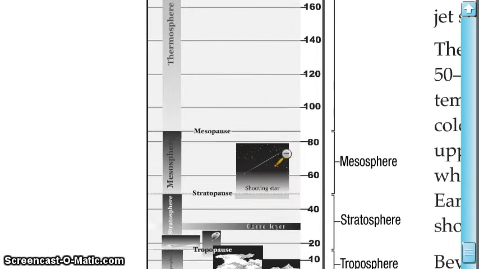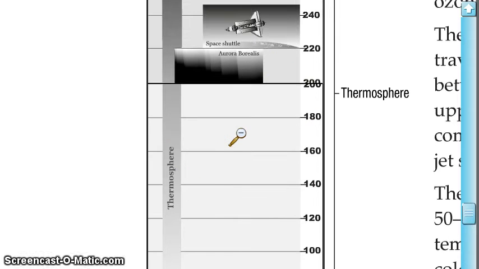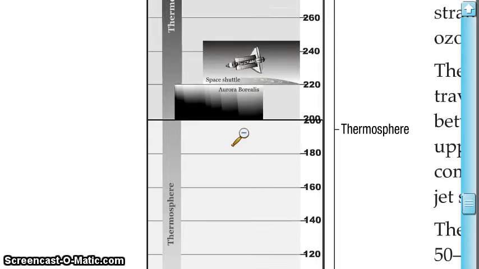When we get above that layer, we start to get into the thermosphere. With the thermosphere, again, we talked about this layer a little bit before. With this layer, we're looking at the first actual layer of the Earth's atmosphere. It's a very, very thin layer in terms of the amount of air molecules in that. They're very, very spread out. They are very energetic and they do move around a lot. Some of the other things found in this layer, we have the ionosphere.